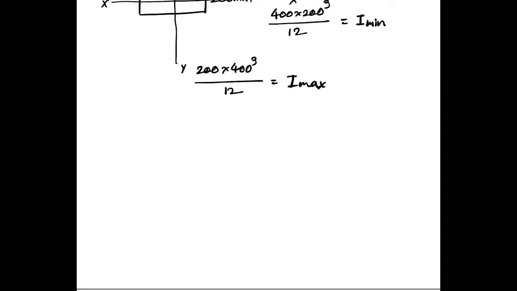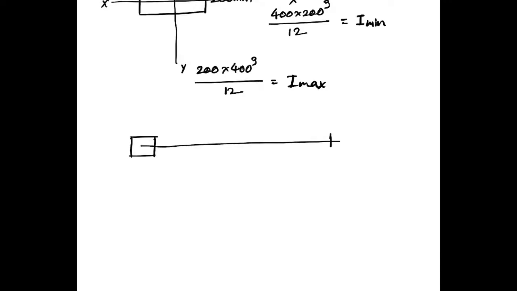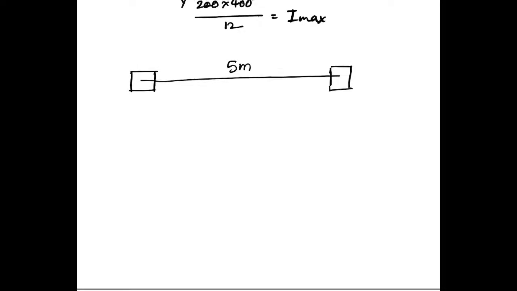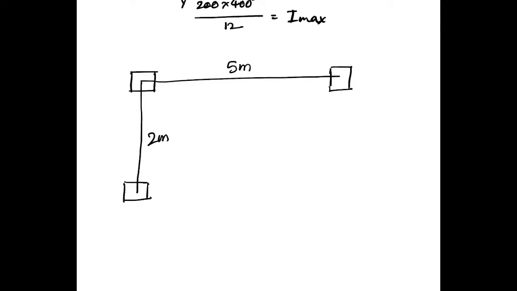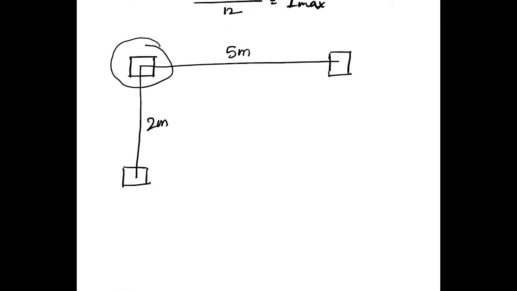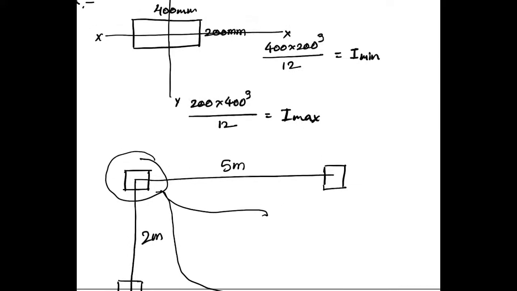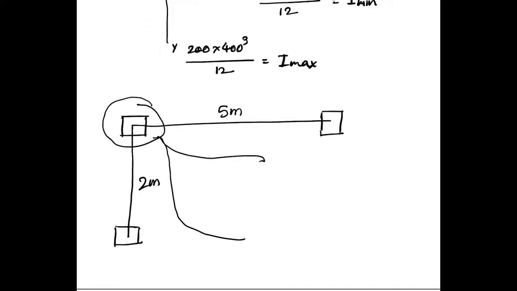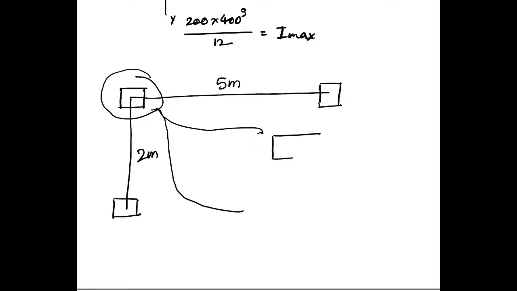So let's see this. Now just assume there is one column at this point and there is another column at this point, and suppose this is a plan of a building, and between these two columns there is a distance of 5 meter, and there is another column at this point and the distance between these two columns is 2 meter. So for this column we can orient in two ways. If we take this column that we have taken as an example, if we orient this column in this way,